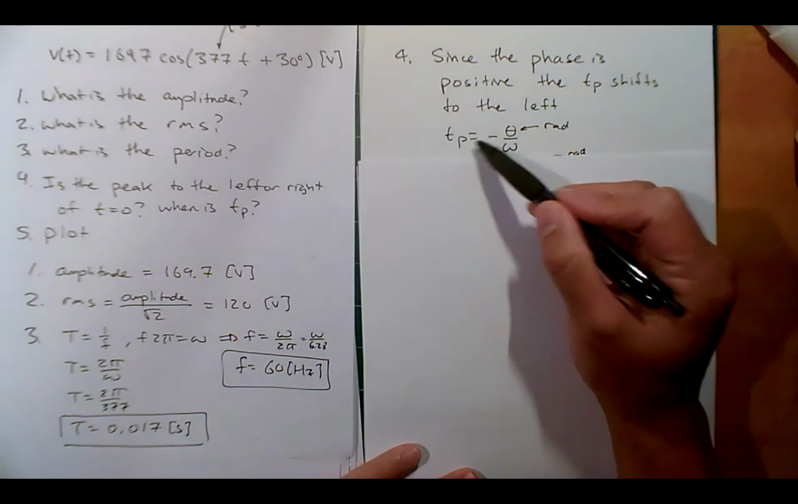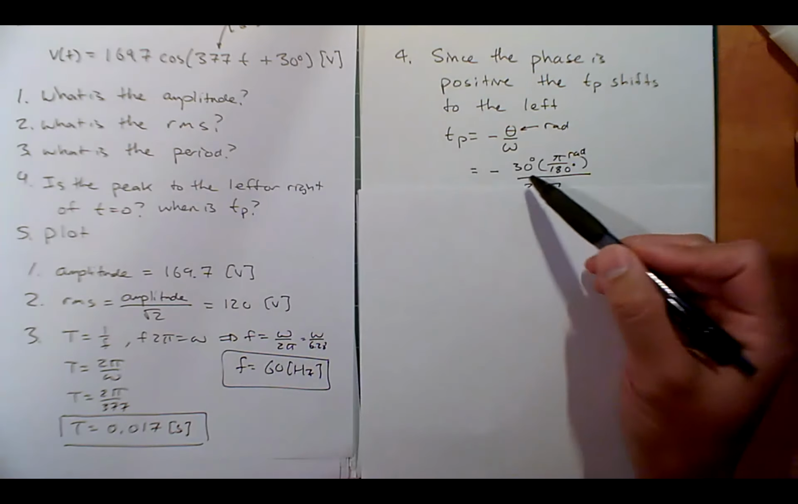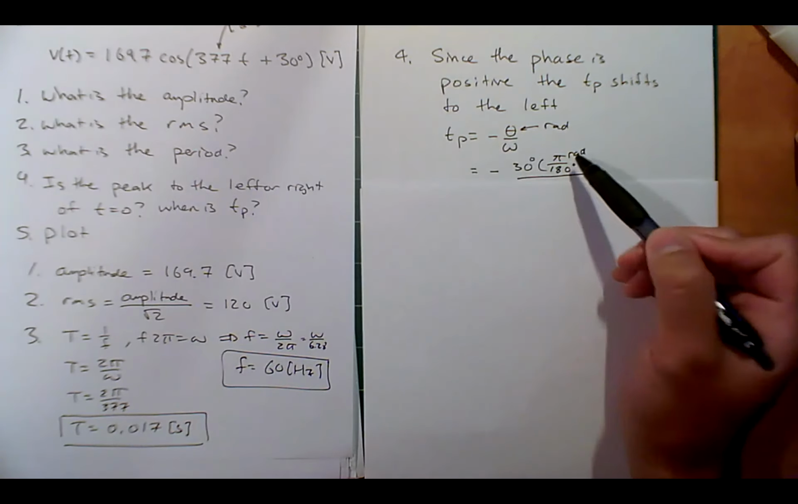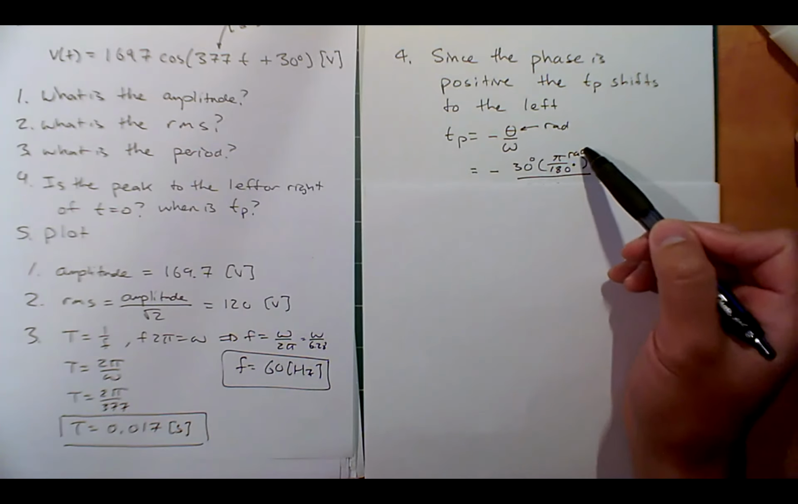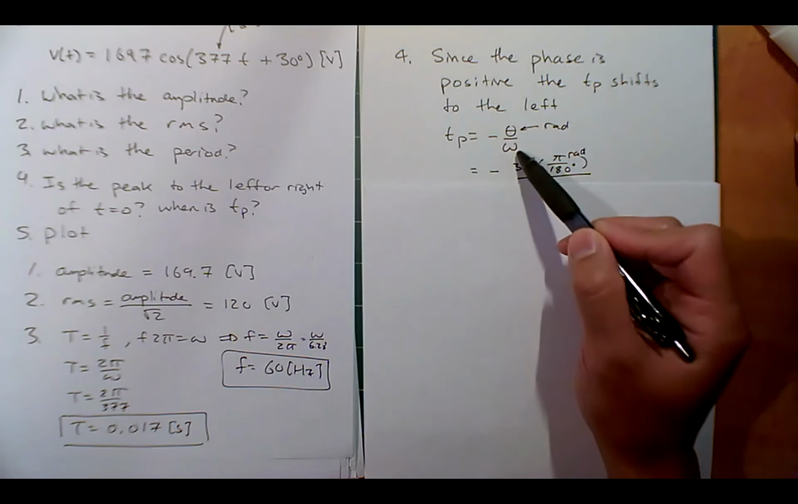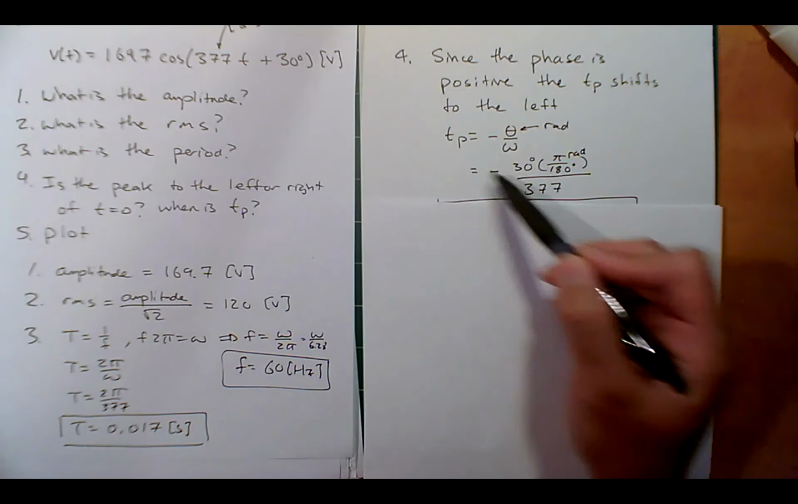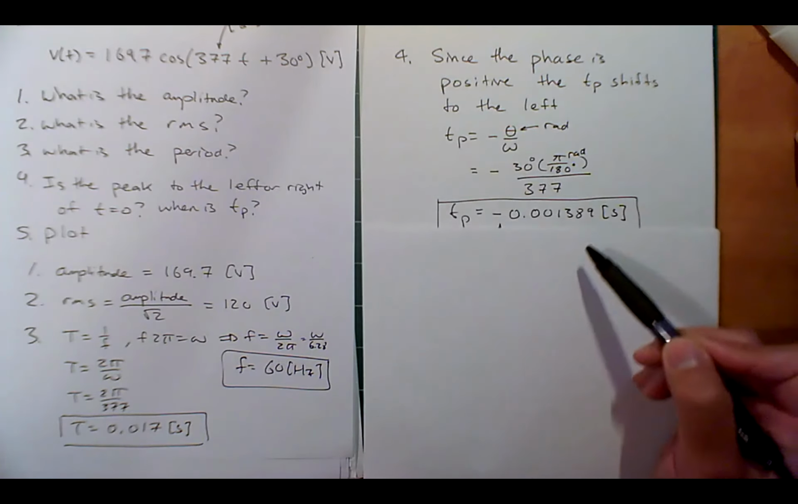Well, we can use our nice formulas, minus theta over omega. So minus 30, I have to convert it to radians, so pi over 180. Notice the degrees cancel and I'm left in radians. So I get radians divided by radians per second, right? So that's going to be left with seconds. Good. And I get negative